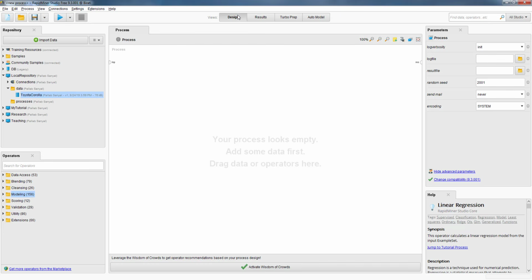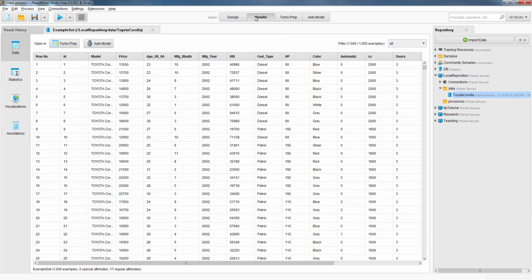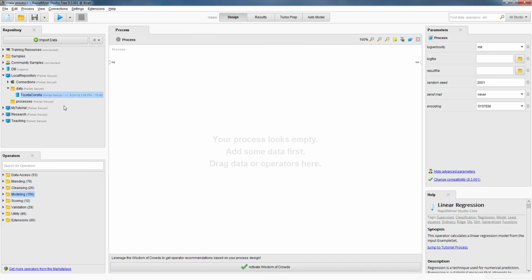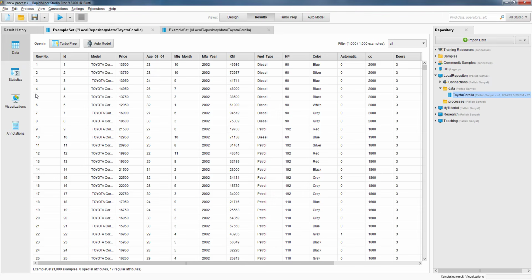Now once we have gone back to the design view, we can go back to the results view to look at the data by simply clicking the results. And then by clicking the design, we can go back to the design. We can also, at any point, if we want to look at the data set, we can always double click on this data set, and that data set, even if it was not opened, it will be open. And then we can look at the data set, and we can